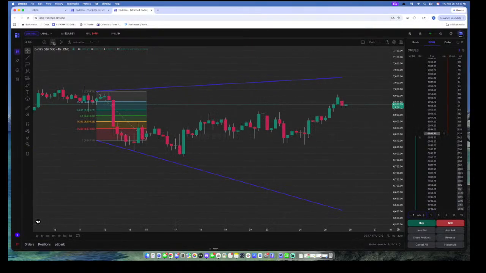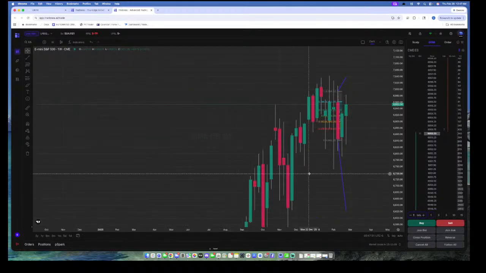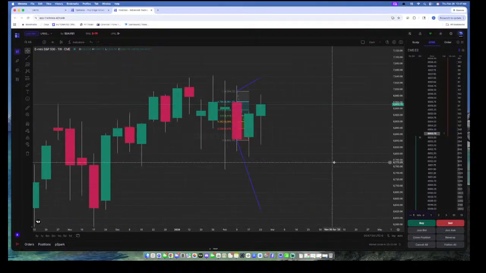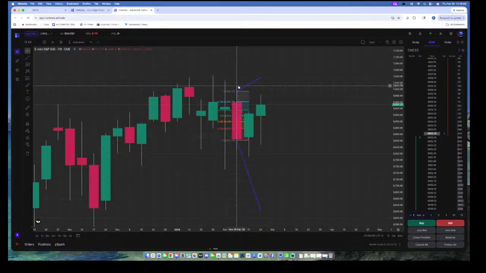So you can look at the weekly to figure out where we are. We are a two up on the week. So we broke the high of the previous week. So that put us two up. But we are still in this range here, the smaller bar range from, I'm sorry, from 2 weeks ago. So price can't go any lower until we break that. Can't go any higher until we break that. So we are stuck in this range right here, and that's probably why a lot of people have been having difficulty trading,